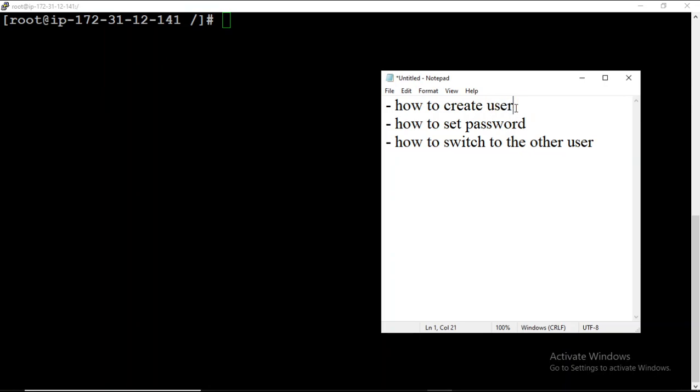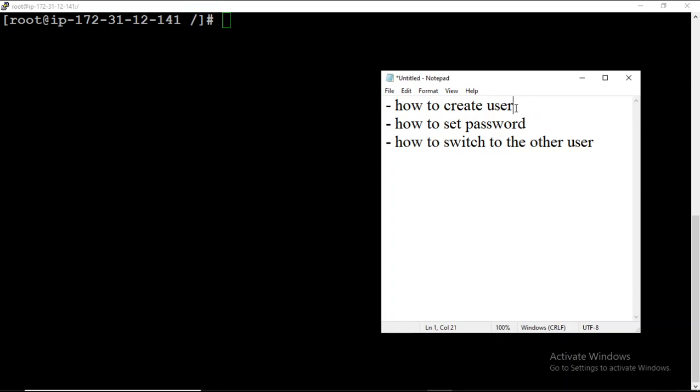So what is this user? Guys, if you have ever noticed, if you log in to your Windows, let us suppose you have a laptop with a Windows operating system. When you switch on your PC or laptop, you have to log in first. By default the user in Windows is administrator. If you set a password for that user, you have to provide the password to log in to the system or to get access to the system.